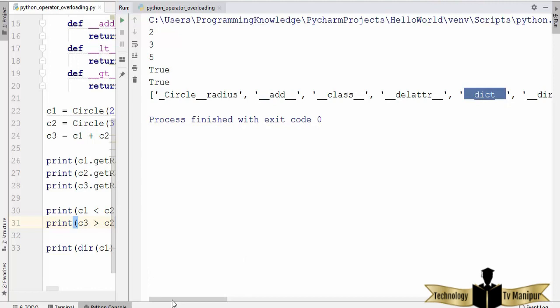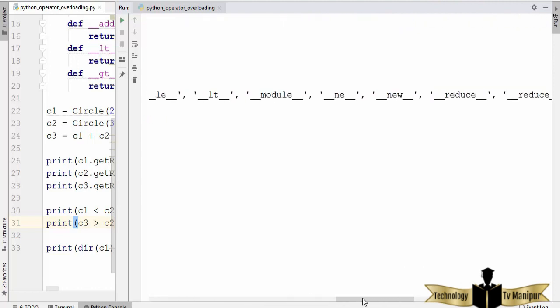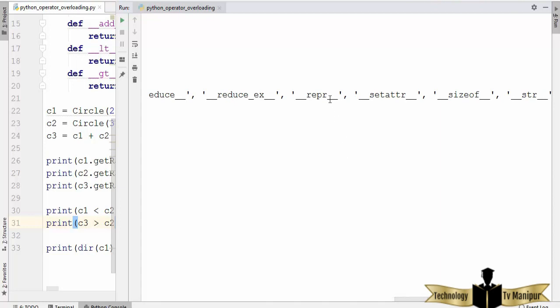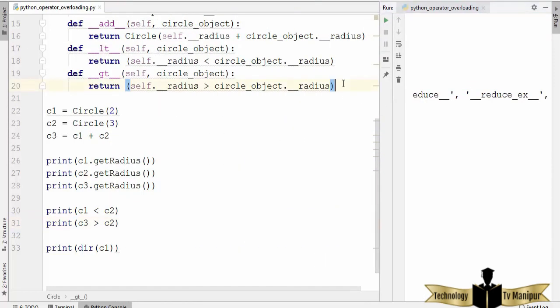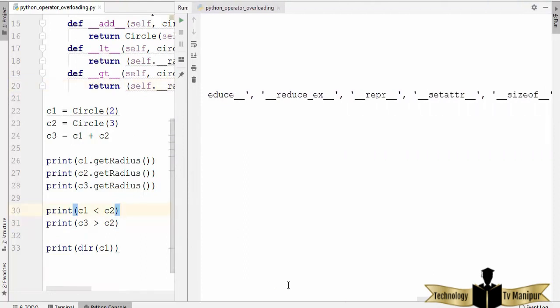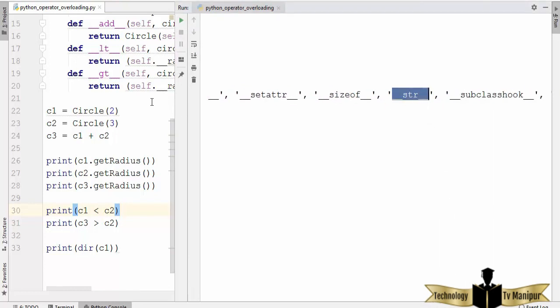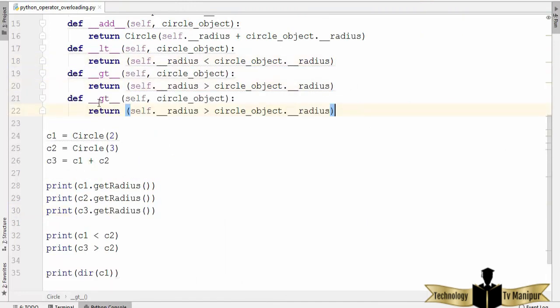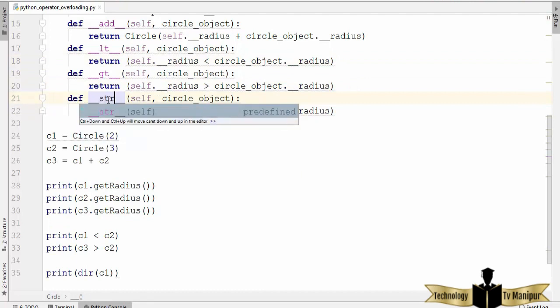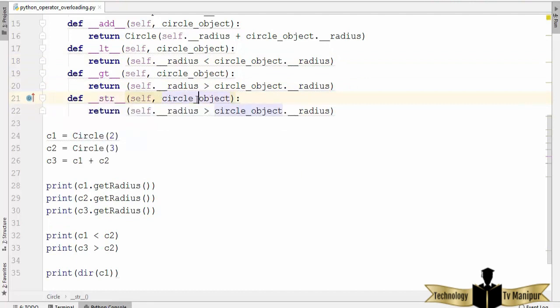So our repr method or str method you can implement inside your class in order to avail the functionality associated with that method. So at last let's try to implement one of the methods which are associated with the class. So let's say we want to implement this method, which is the str method. So I'm going to just minimize this, and I'm going to just copy this function. And once again paste here, and instead of greater than I'm going to implement the str method. Now this str method only takes one argument, which is self. So I'm going to just remove the second argument, and here in the return value I can just return some